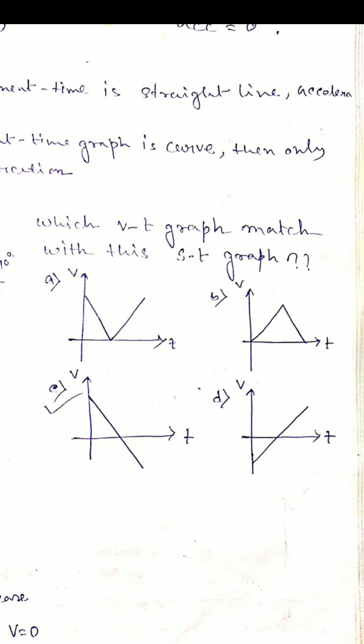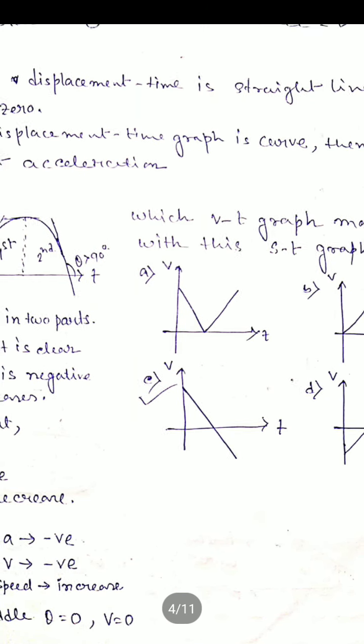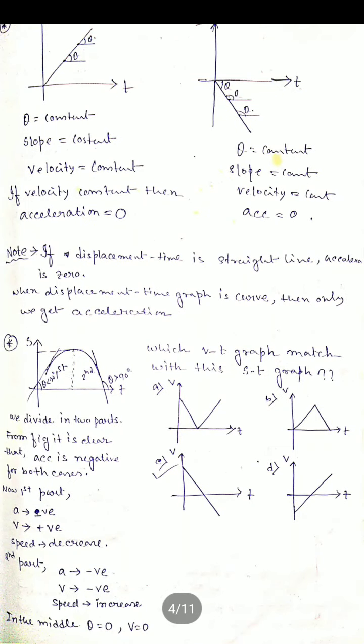-2 is greater than -1. So we can say that the speed first decreases, because velocity is positive. So in the positive half, speed decreases. Sorry, not velocity. Every time I talk about velocity, I mean the speed. Both have opposite signs, V and A: A is negative, V is positive.